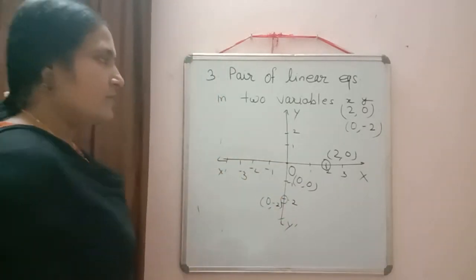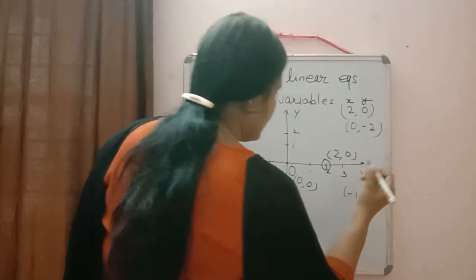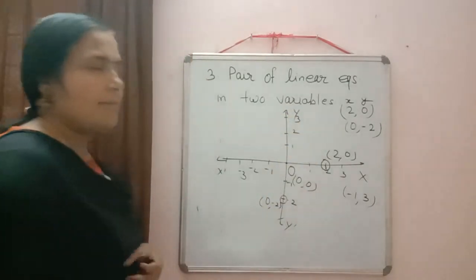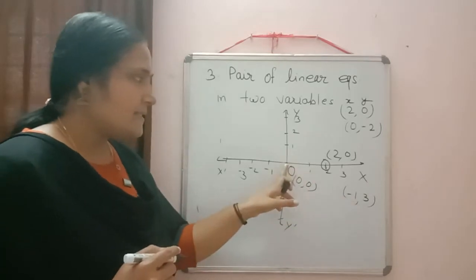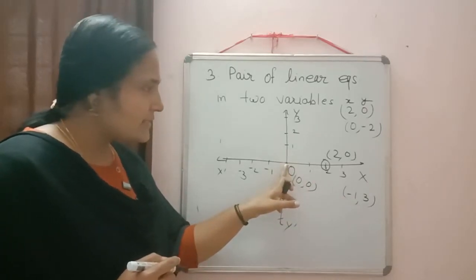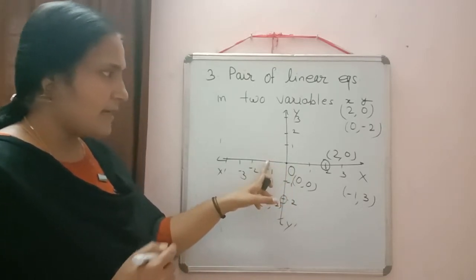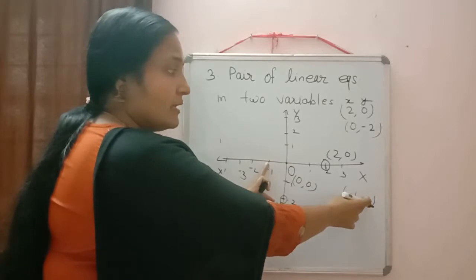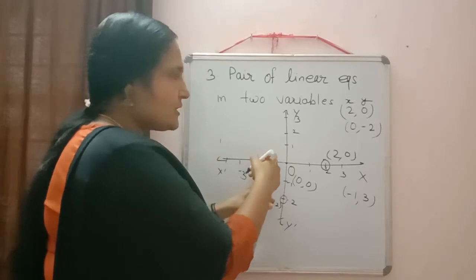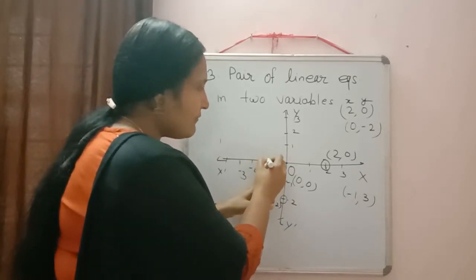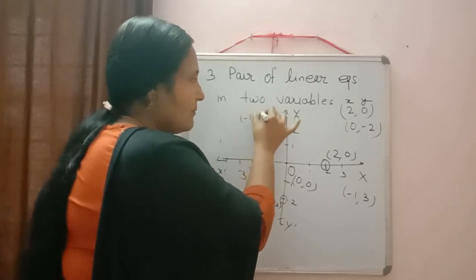Clear? Okay. So suppose I have to plot the point (-1, 3). So on the x-axis we move till -1. At present we are at the origin, so where do we have x equal to -1? Yes, here. After that, we moved 3 units along the y-axis also, from here. So 3 units along y-axis means from here we move 3 units. So this will be the point (-1, 3).